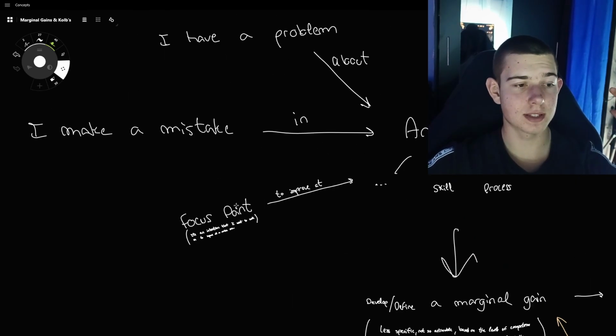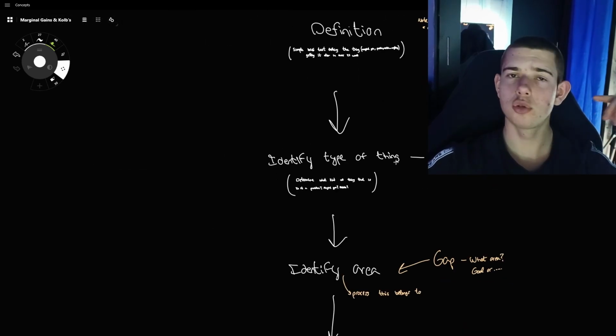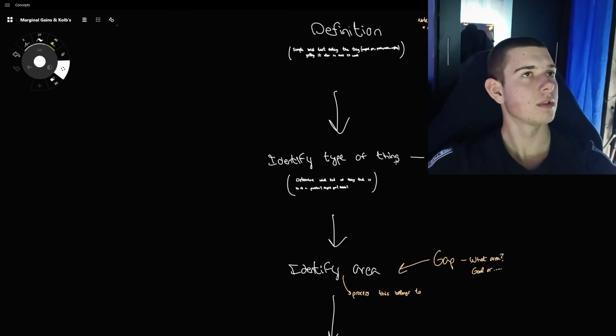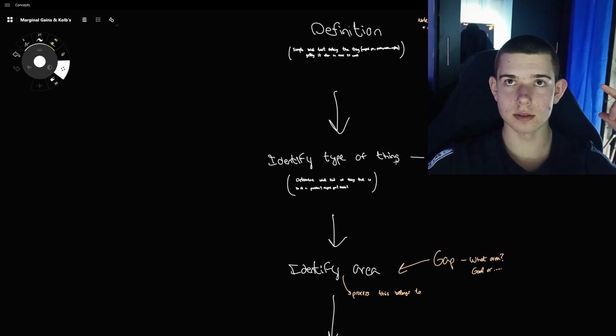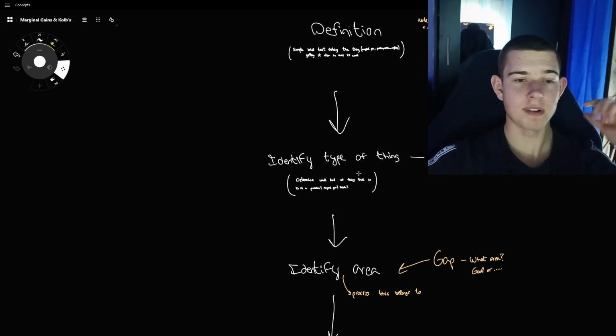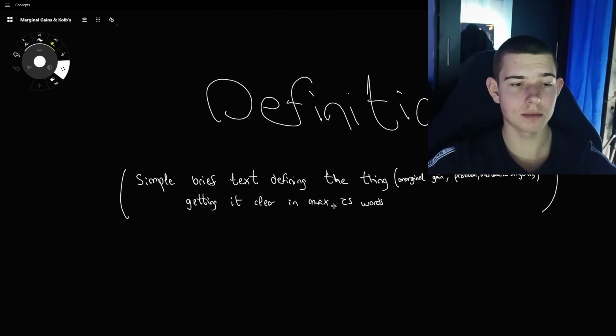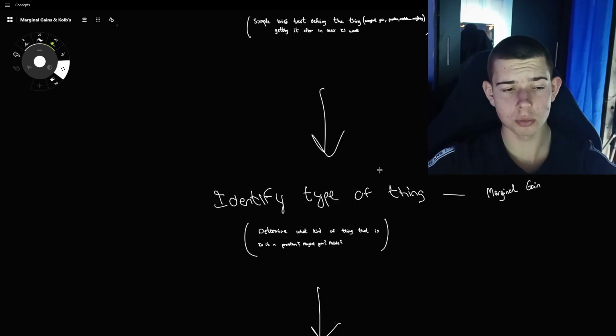Like, imagine it's a focus point that I want to define. For example, in YouTube, I want to focus on being more direct, and I want to set that intention to be more direct, to not go so much into the weeds and speak a bit more clearly. If I want to do that, then I can define that thing, what I just said, max 25 words. I don't want it to be too long.